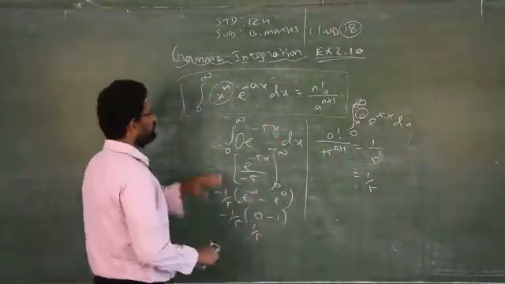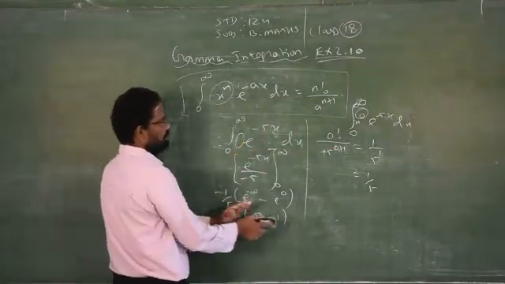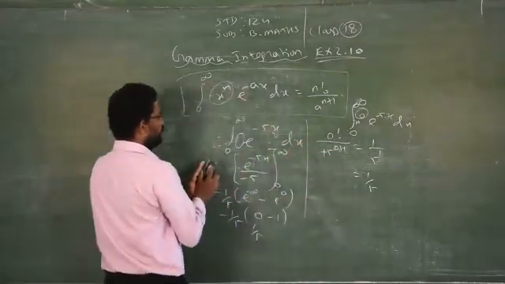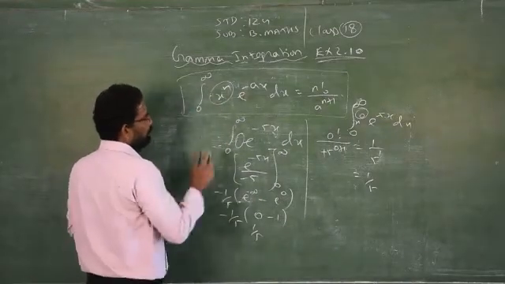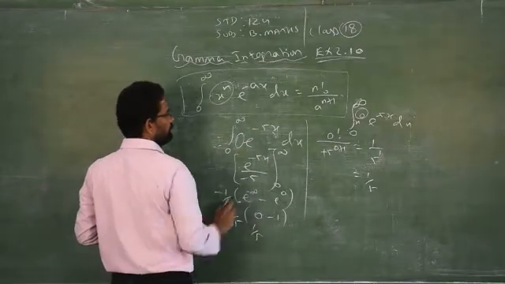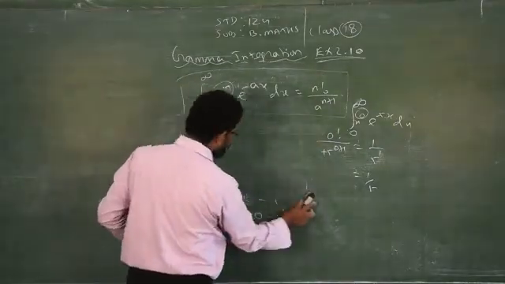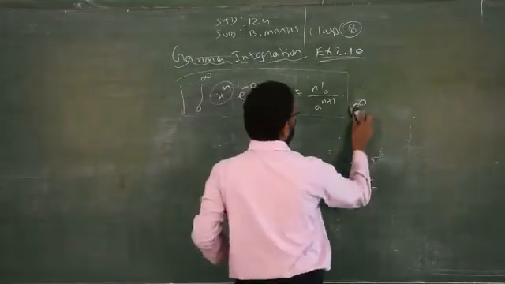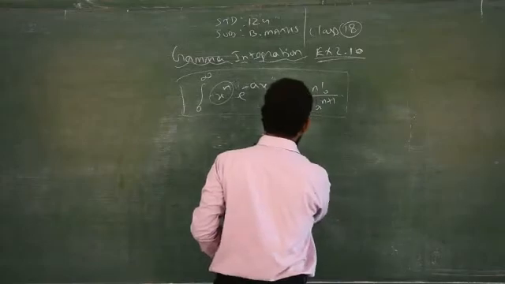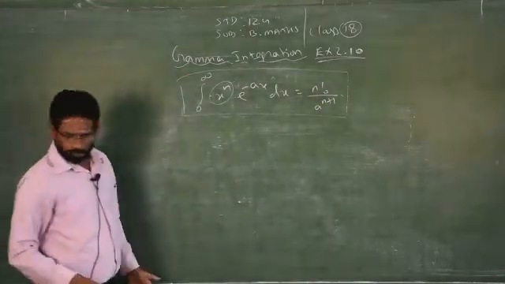Clear? Just for your understanding, I explained with both methods, normal integration and gamma integration, when the x factor is not given in the integrand with exponential format. So you can apply this formula only when the power of e is negative. If it is positive, you cannot apply this formula with respect to the limit 0 to infinity.